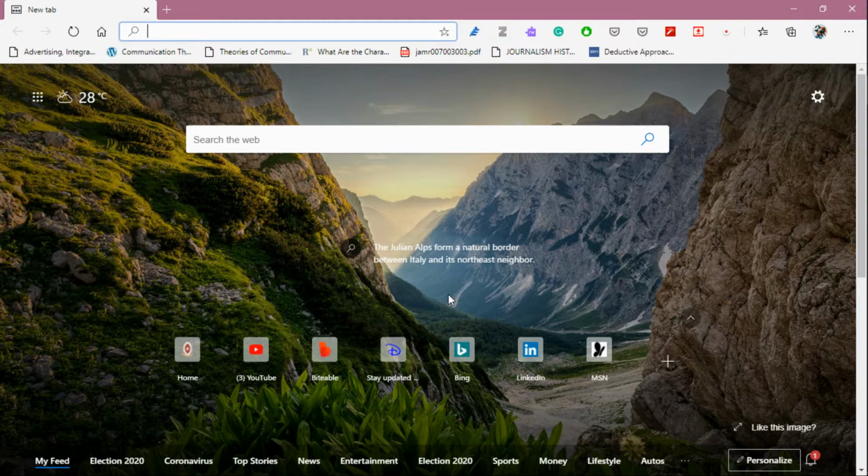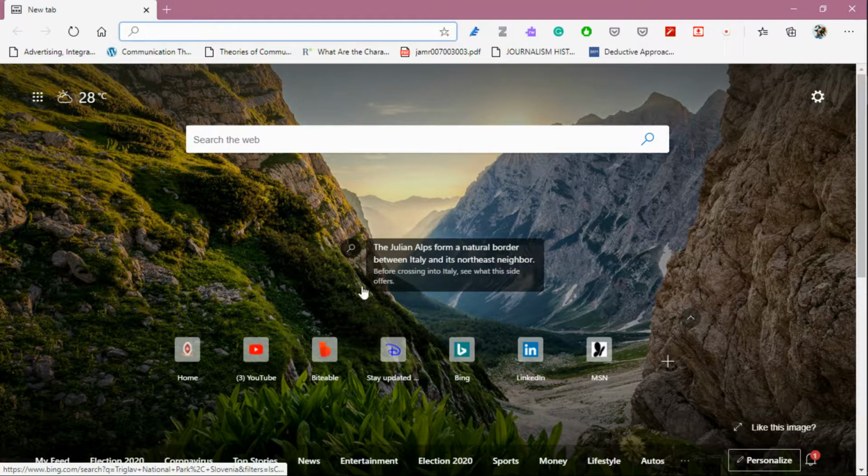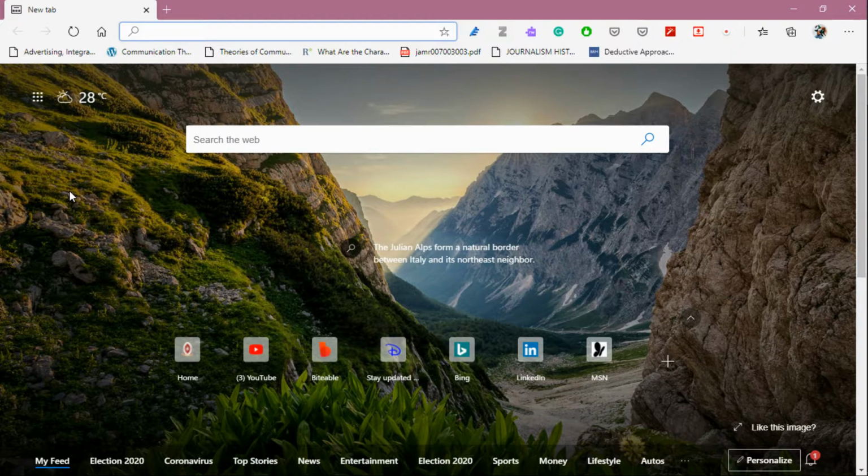Today I'll be taking you through how to use Canva to design a journal. In order to design a journal with Canva, the first thing you have to do is open whatever browser you're using. I'm going to be using Microsoft Edge. So this is my homepage. The next thing I do is